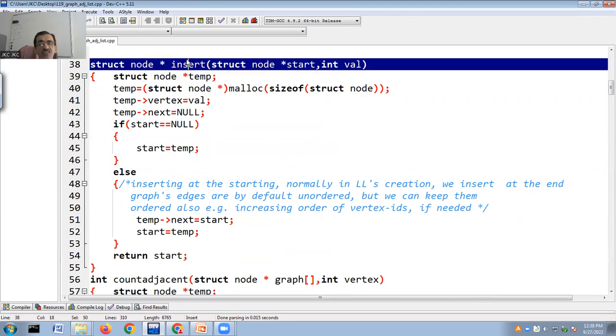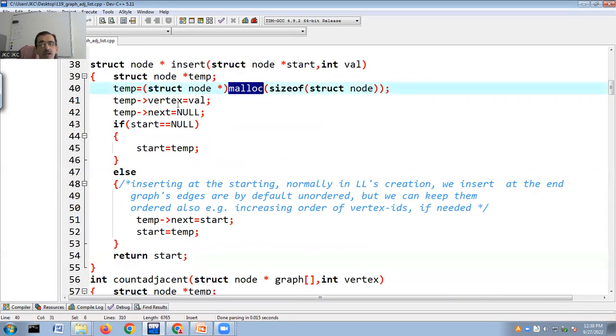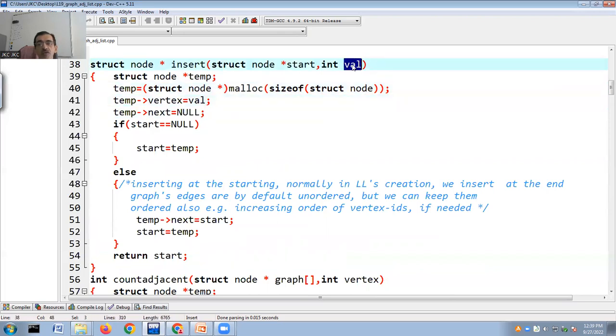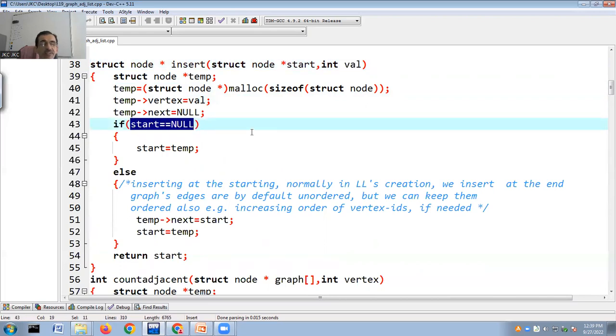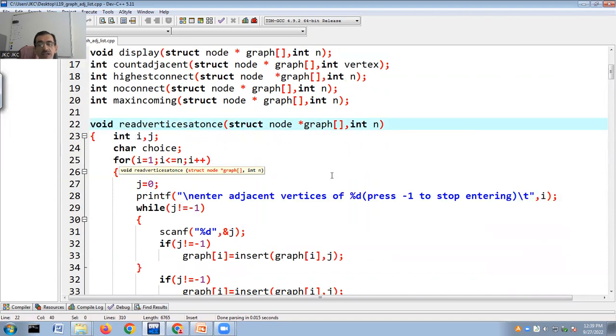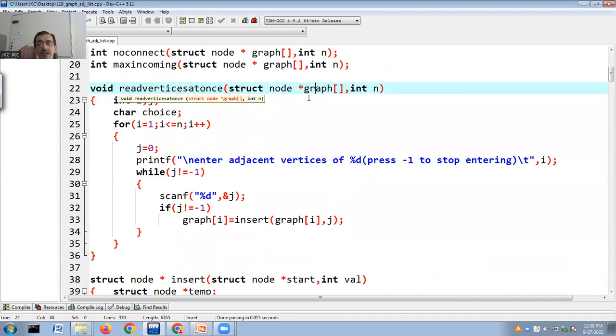So more or less, this is the same thing. I have done a malloc, initially making temp arrow next equal to null, with the vertex being passed the corresponding value. And then I say if start equal to null, meaning if graph I is null, then graph I will change. And why will it change? I'm passing here node star graph I, which will be allowed to have the corresponding address or the corresponding new pointer